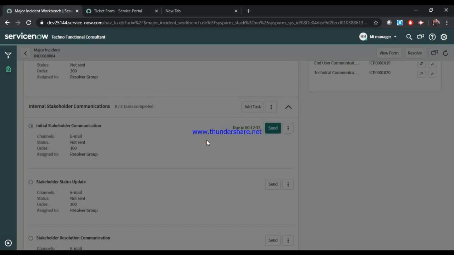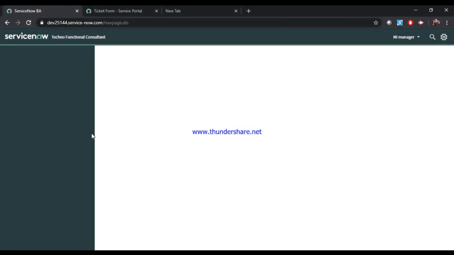I guess it's stuck because it's taking a lot of things from the background, so it's taking a little time. I can say performance is impacting on my personal instance. I'm doing this practice for the last few days to get the things verified. Let me refresh my page again. I guess some issue is there which is taking a lot of time.